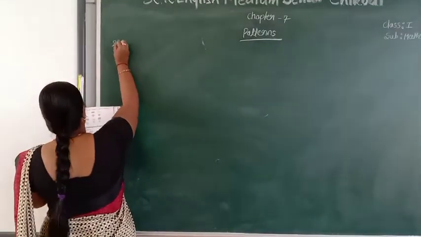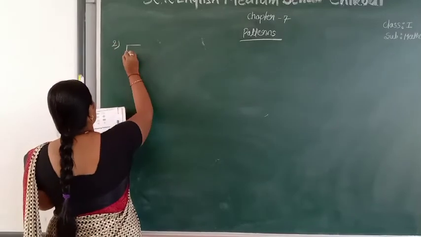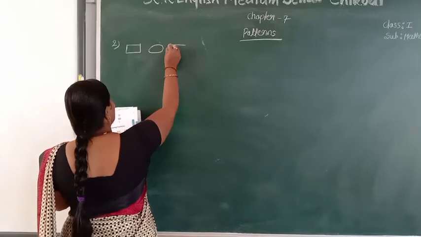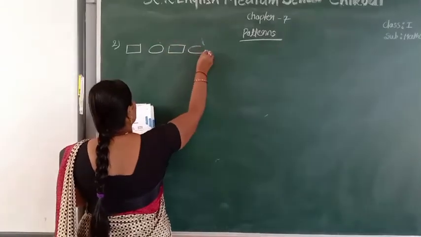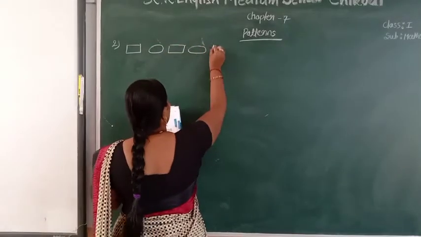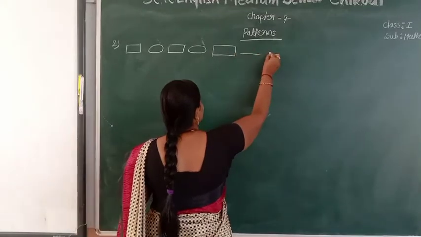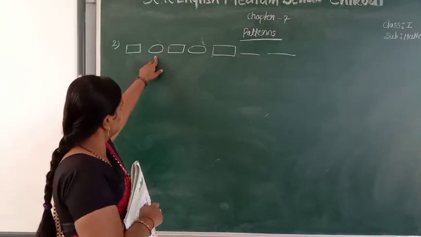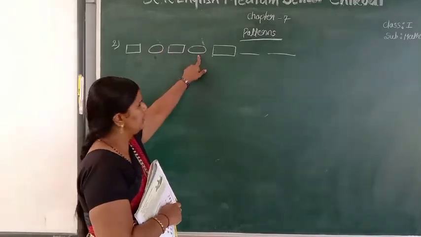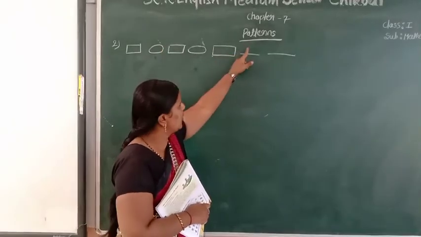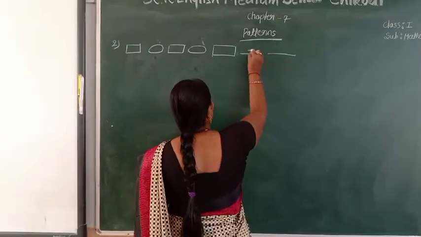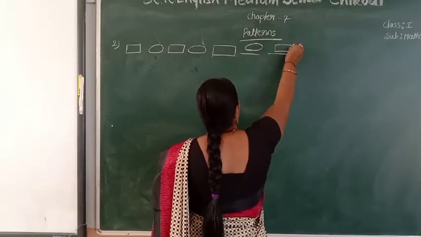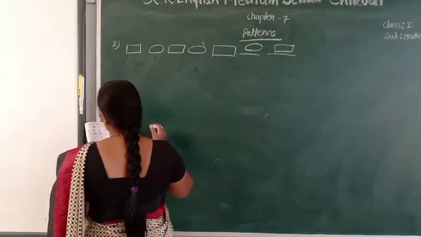Second one, in that first one, rectangle, oval, rectangle, oval, rectangle. So next shape is which one? See here, rectangle, oval, rectangle, oval. Next, rectangle, oval. So draw here oval. After oval, again rectangle. Next,